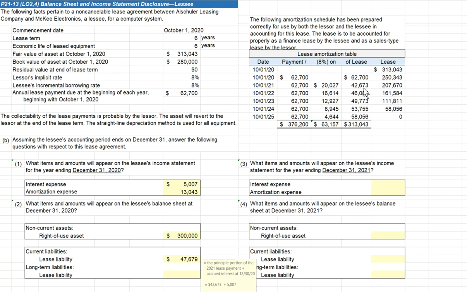So that's the principal portion of the lease payment, $42,673, plus our accrued interest. The long-term lease liability is the present value of the remaining lease payments. We've got lease payments in years 2022, 23, 24, and 25. So it's the present value of those remaining lease payments, or